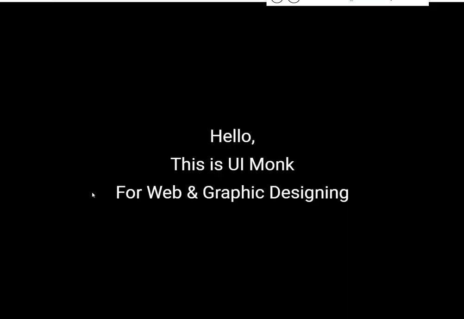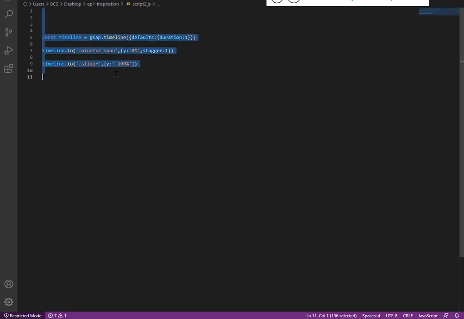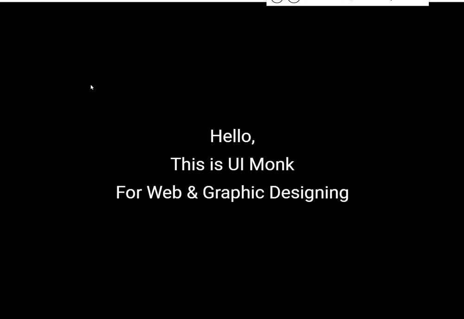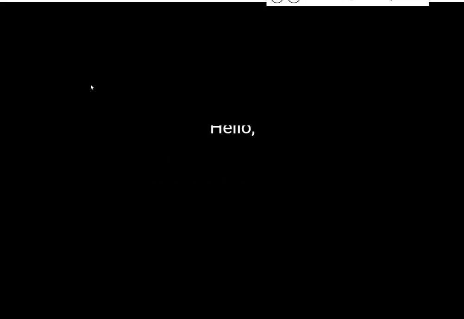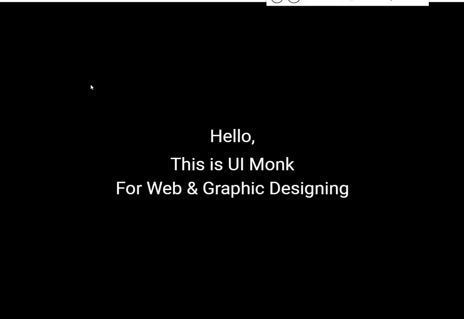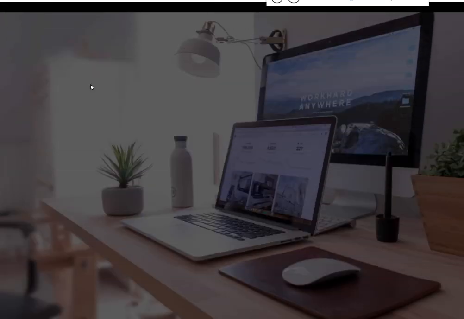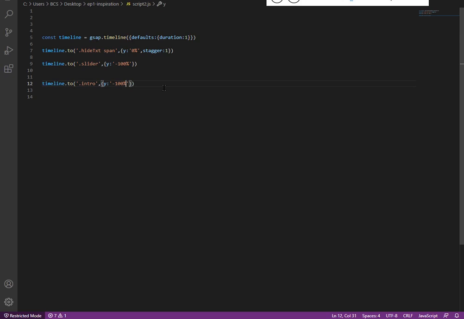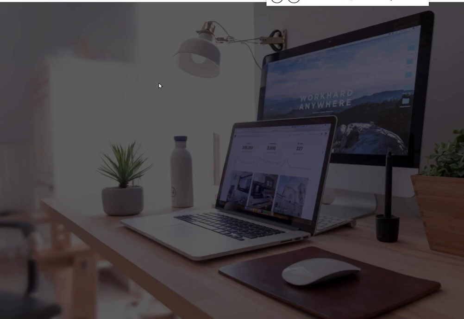And after the slider goes, I want the content to go with it. Not the content, but the intro div. Let's add the delay minus 0.7 or 8. Refresh it again.